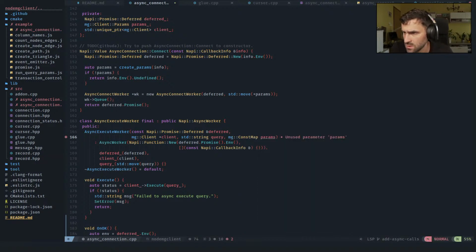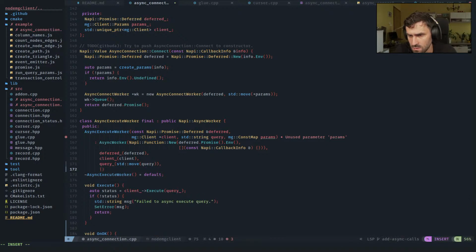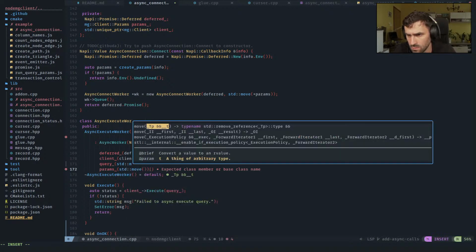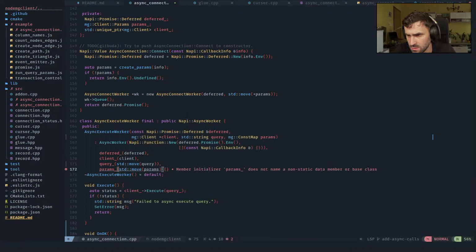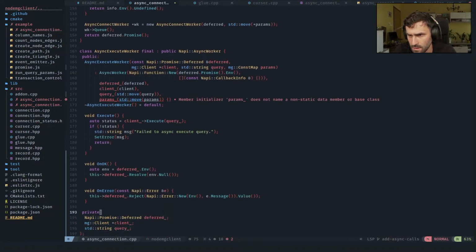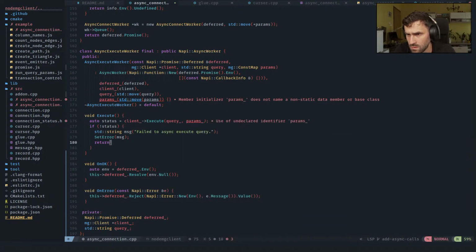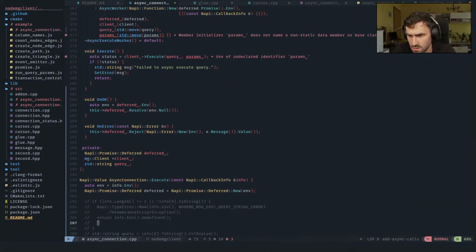These are query params. We're gonna take the entire object and move it here because we need it for the execution of that thingy. So move params, execute params, and we need